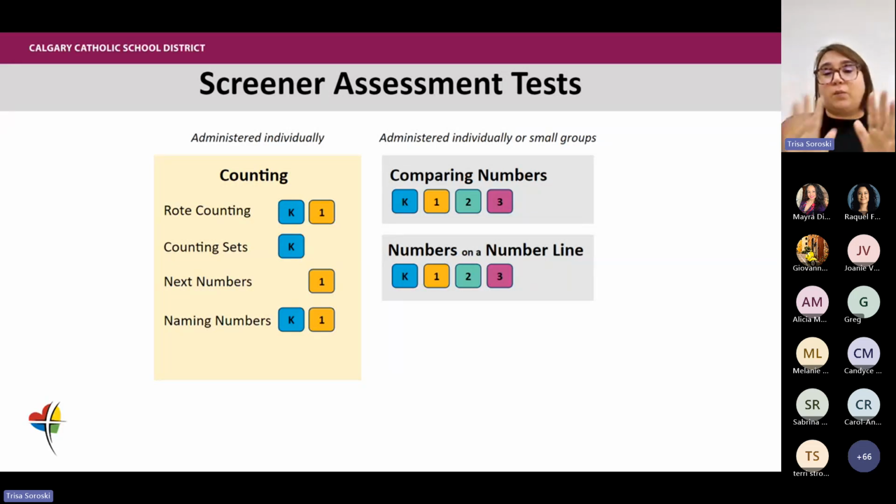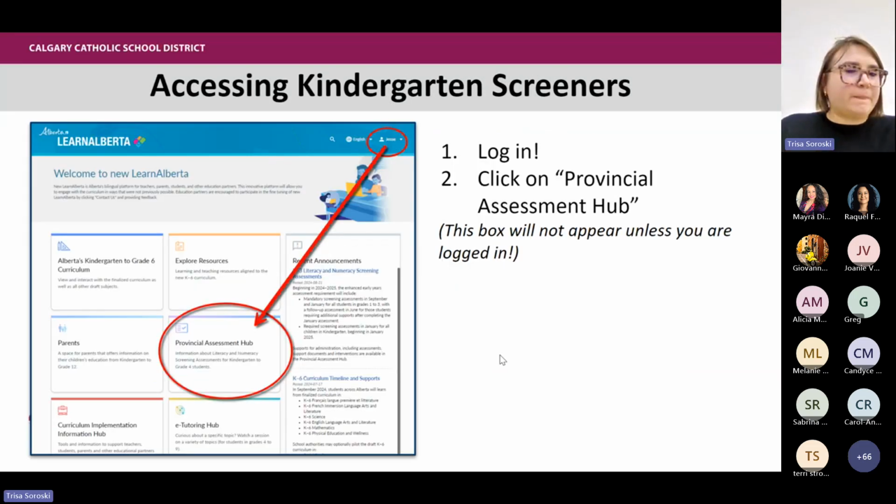Now, that being said, and we'll get into those ones, they are the same assessments as grade 1, 2s, and 3s are doing. So I really want to focus our attention on these counting ones because these are really nice assessments to see where kids are at. The other ones are more about that long-term thing. We're going to put less emphasis on those ones. And I'll show you what I mean by that.